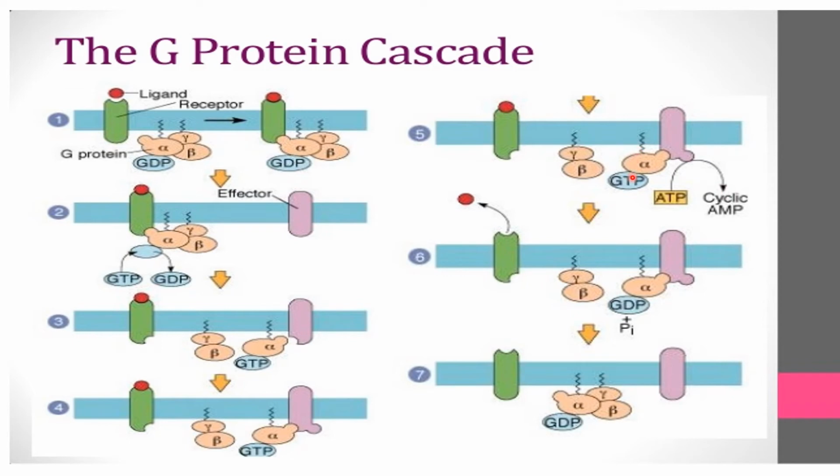After that, when the GTP is consumed, it is converted into GDP and Pi, and as it turns back into the GDP form of the alpha subunit, this alpha subunit returns to the movable part of the G protein and attaches back to the receptor where the ligand was initially bound. After removal of the ligand, the alpha subunit and the beta and gamma subunits again become heterotrimeric and wait for the